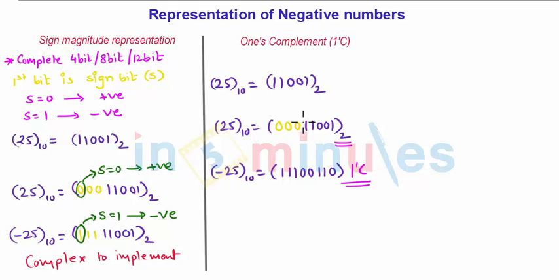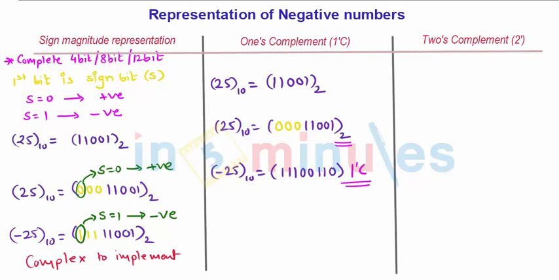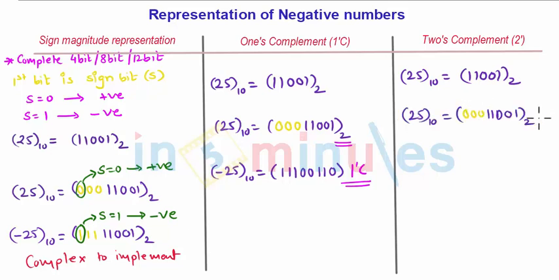Now there is another method which is called twos complement. There is nothing special about twos complement. We just need to add 1 to the ones complement of the given number. Let us try again with the same number 25. From the straight binary representation, completing the 8-bit pattern, we get the ones complement representation of the given number as we got earlier, 11100110. Whatever number we got as the ones complement, we need to add 1.